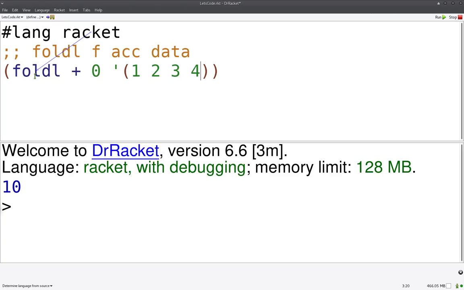There's another function called fold R, and it takes a function, accumulator, and data. Okay, so what's the difference in these two functions? Well, as you may guess, one chooses to start from the left and one chooses to start from the right. So if we do fold R plus 0, 1,